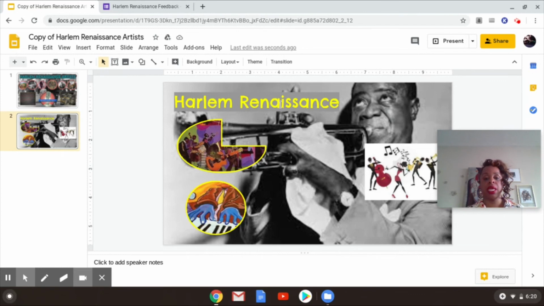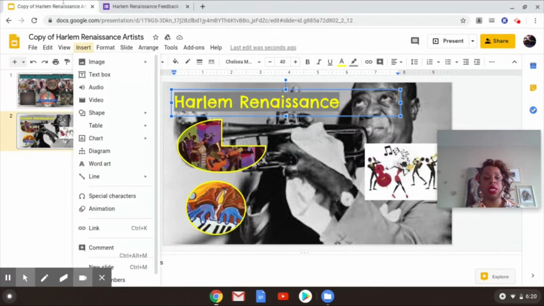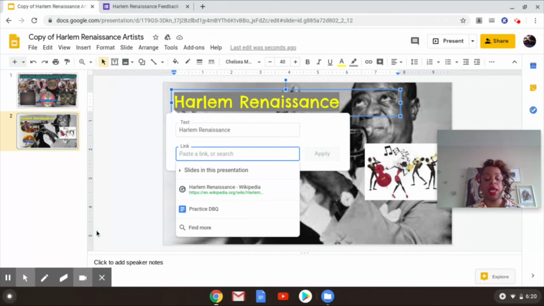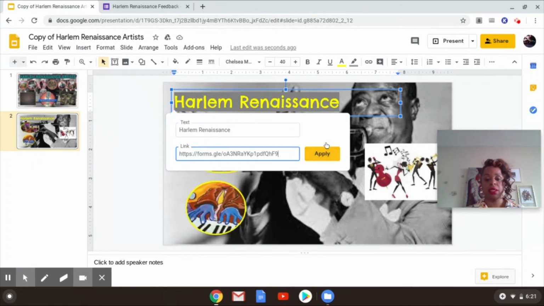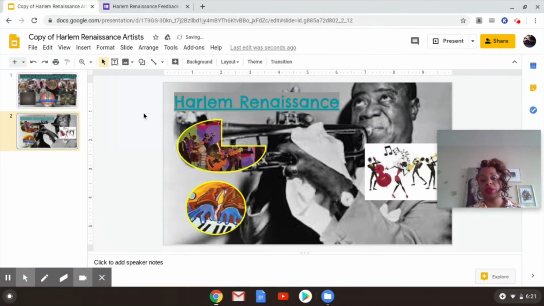Click your text, and you have to make sure that you actually highlight the words. And once the words are highlighted, you're going to go to insert, click link, and you're going to paste in the form link, click apply. You know that you did it correctly if it actually changes your colors, unfortunately,